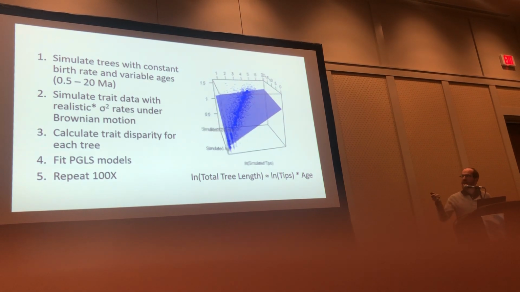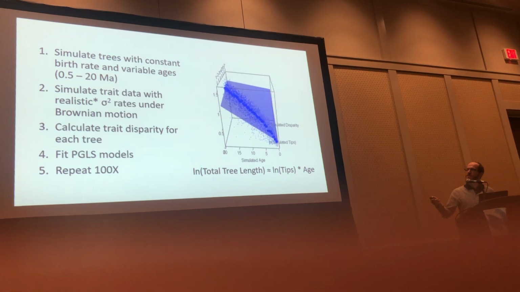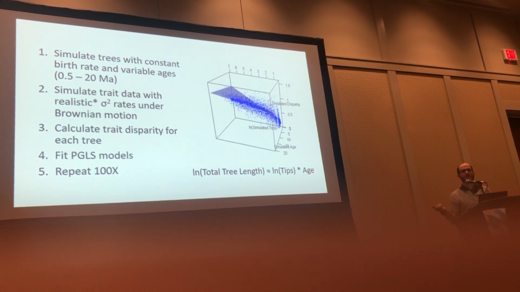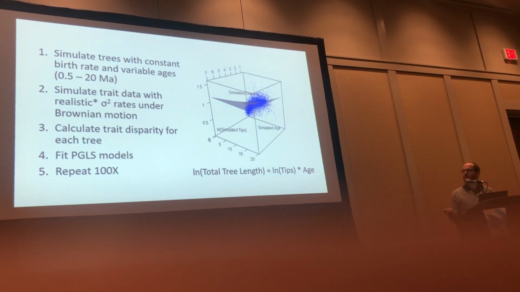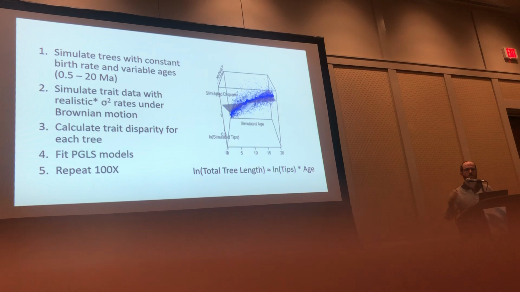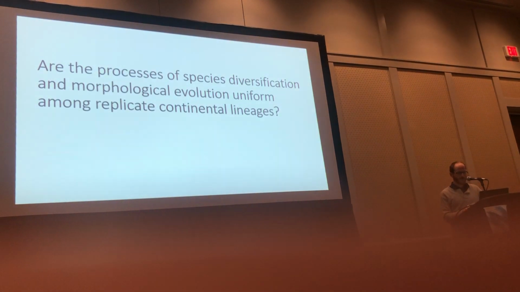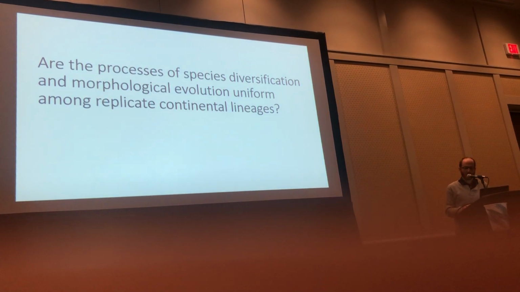Cool. So we have an idea going forward that we can use these two measures, extant richness and age, as proxies for total tree length when we, say, don't have a complete molecular phylogeny from which we can reliably calculate that, and we have an expectation of what this relationship should look like. And so given these basic models of species diversification and morphological disparity, how well do they actually fit real data?